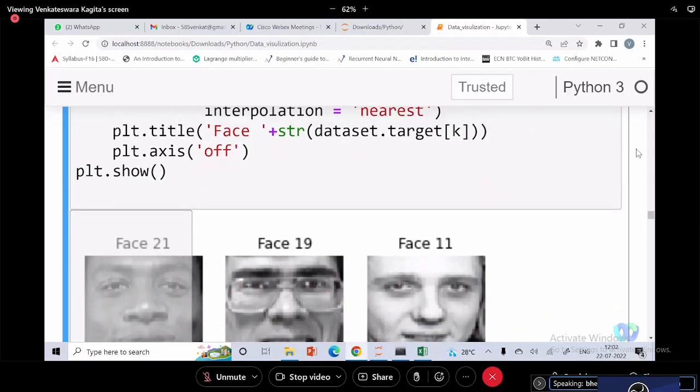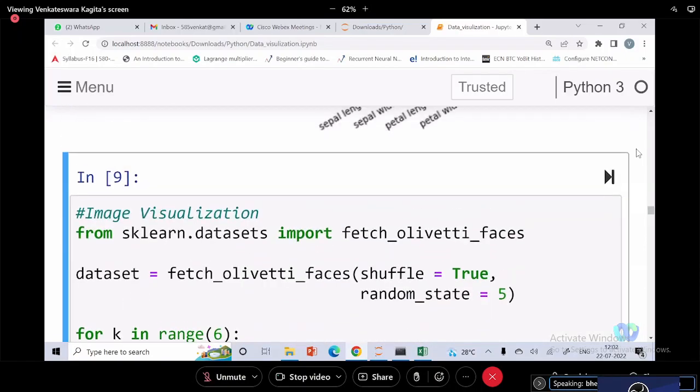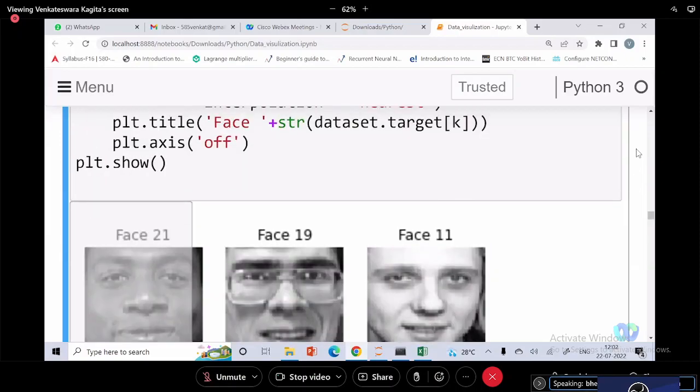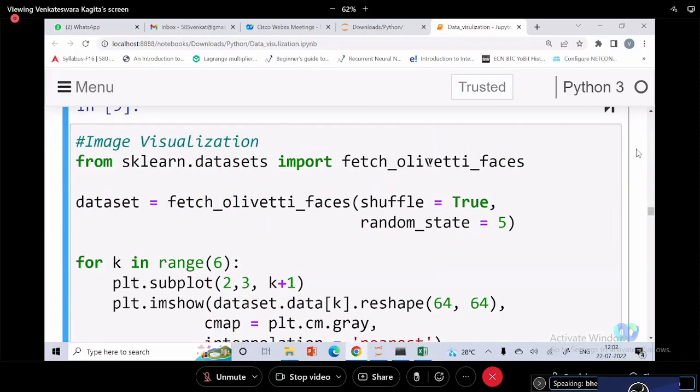Okay, so you can even show faces like this. If you want to show the faces from the feature vector, that is also possible. So here, for this purpose, I am importing